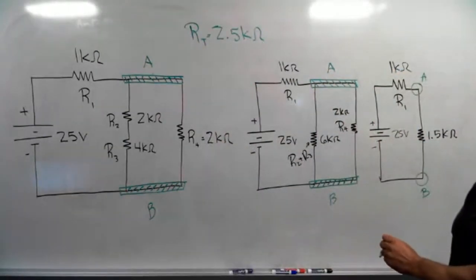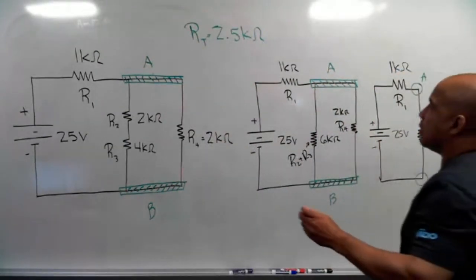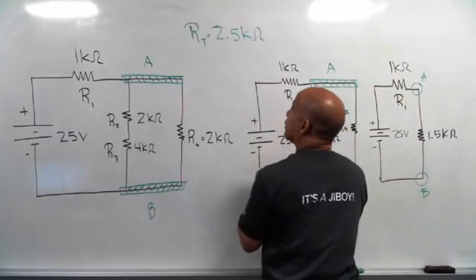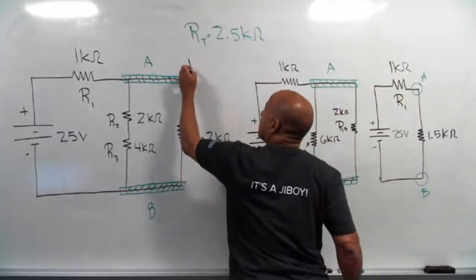And then I use that total resistance to find my current. Using Ohm's law, current is voltage over resistance. So my current